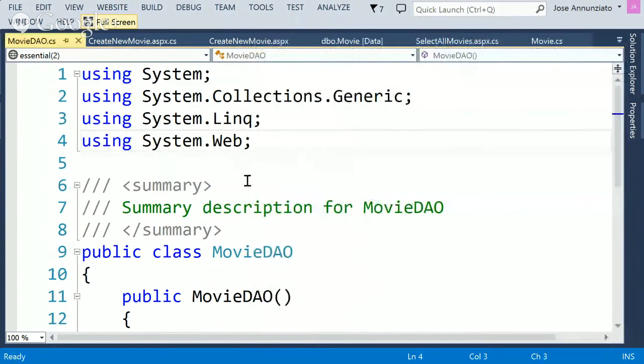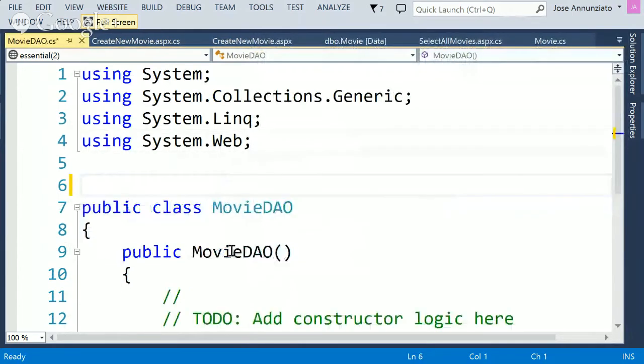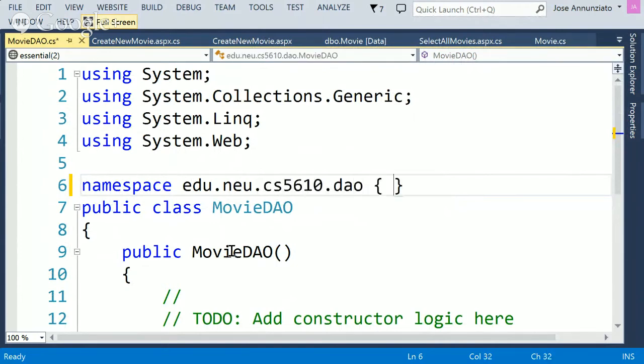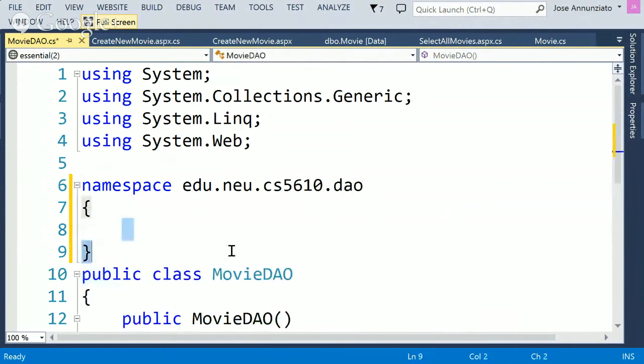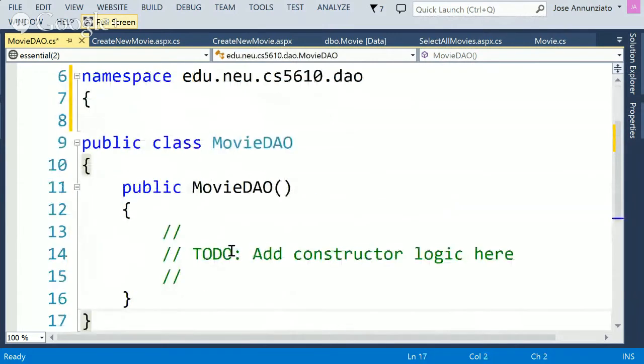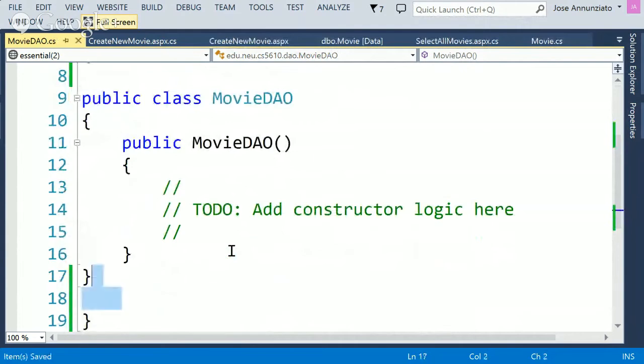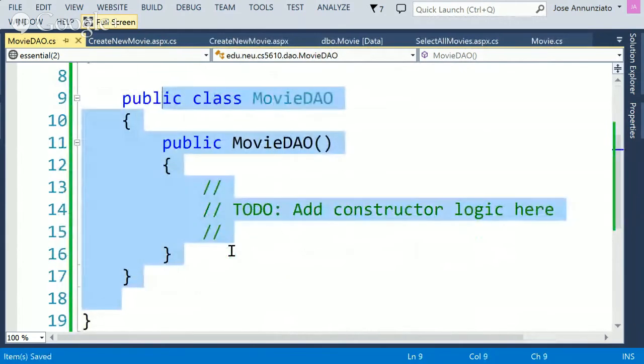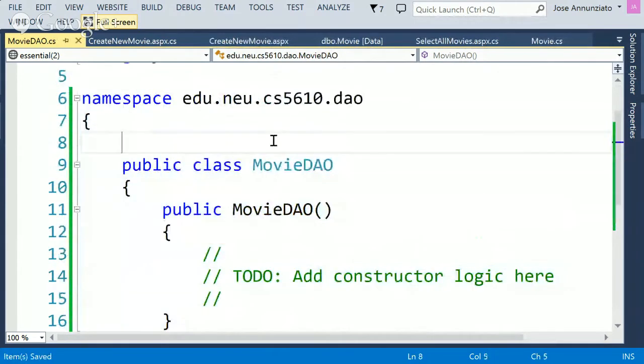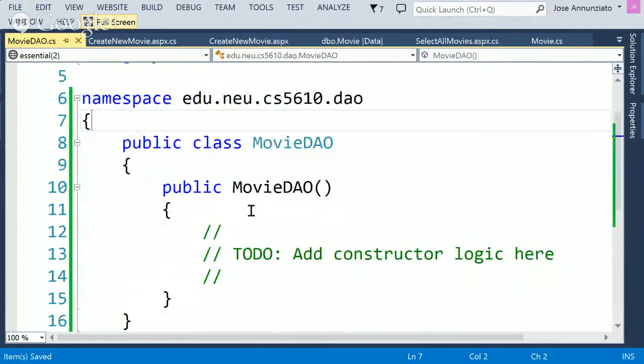All right, so in our MovieDAO, I'm going to put this in a namespace, edu.neu.cs.DAO. And what we want to be able to do here is declare